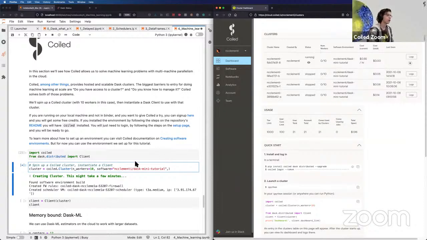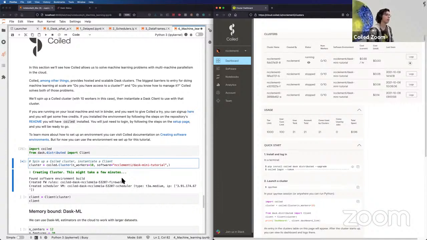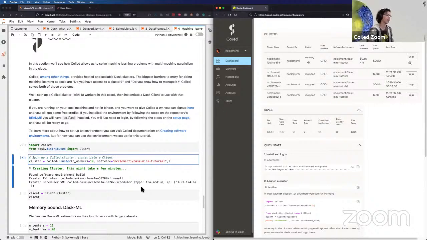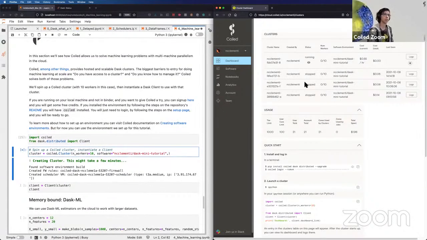Now, in the meantime, what we'll see is that by being able to request bigger machines, my computations should take less time. It also depends on the kind of computation, but I should also be able to run bigger computations because I have way more resources. So it's taking up a little bit,